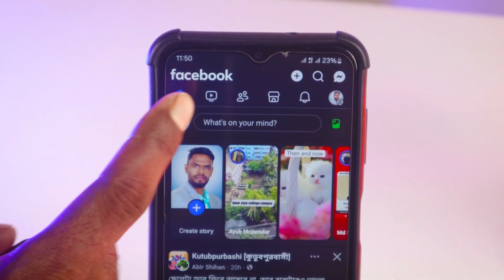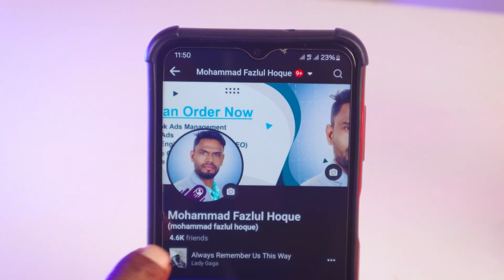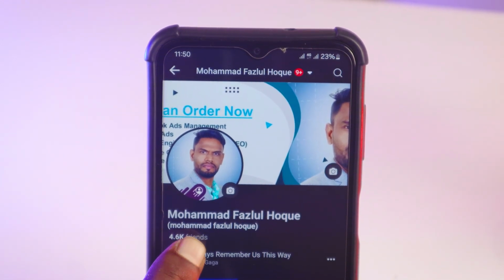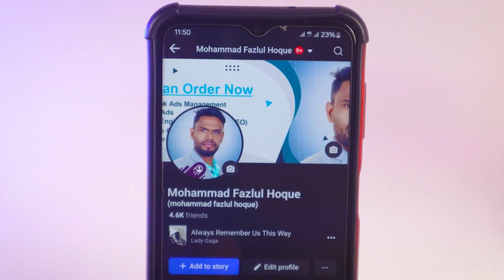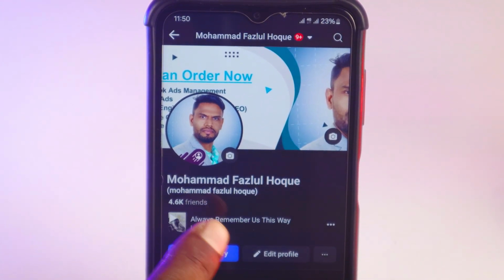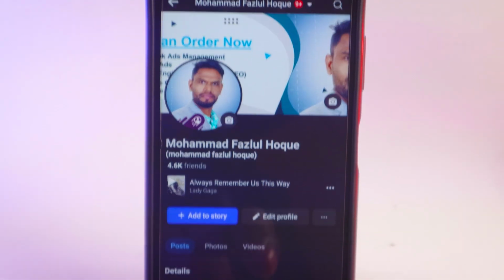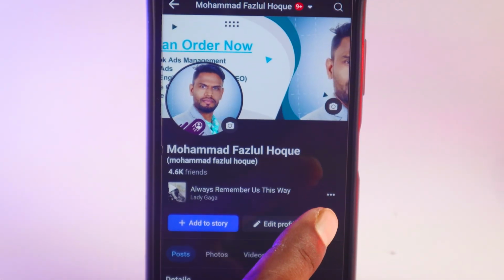After that, you have to tap on the profile picture at the top left corner. Then, my friends, you'll find your friends here, see 4.6k friends. But when you convert the Facebook account to a page, it will be converted to followers. And as you can see, it has a triple dot, right? But you have to remember